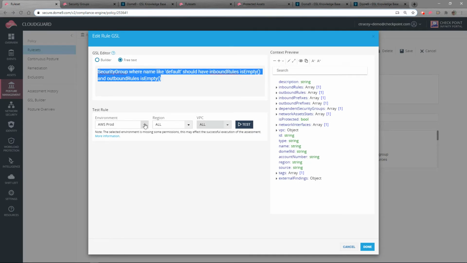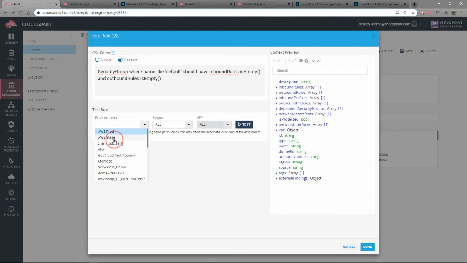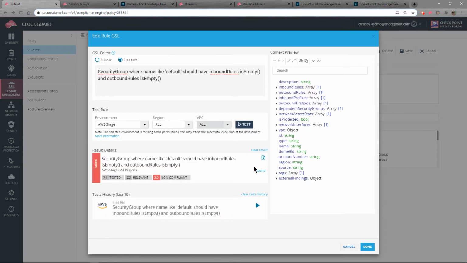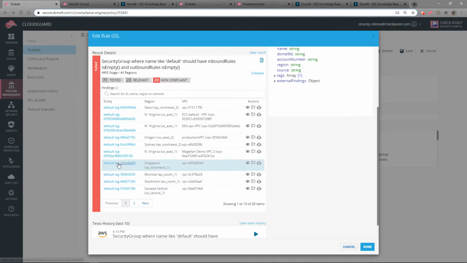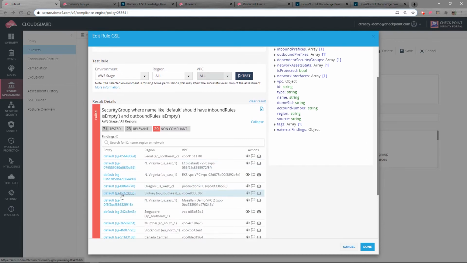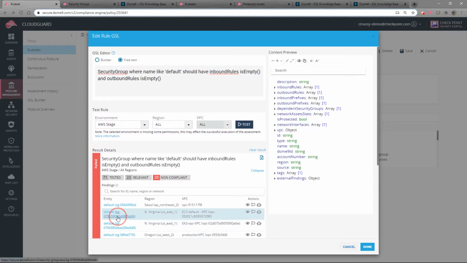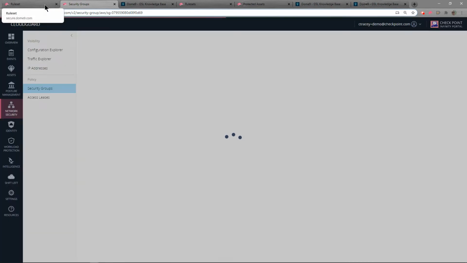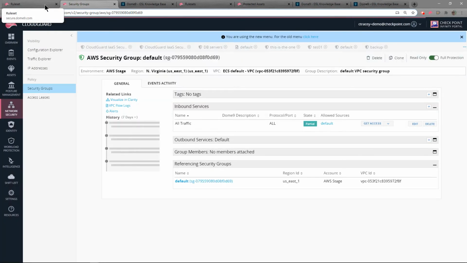We can test this specific rule against that account or some other account and get some valuable feedback and a better understanding of how this rule works. Expand it and just take a look at some of those non-compliant rules that are part of these entity types. And yes, just like the resultants, we can drill down onto those security groups as well and get a closer look, modify if needed,